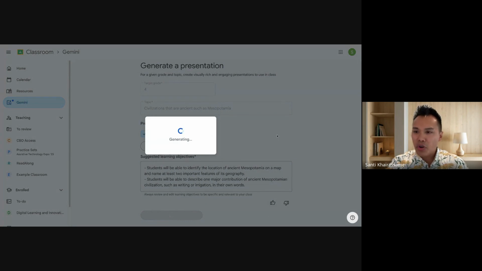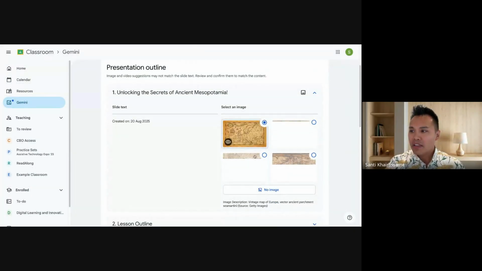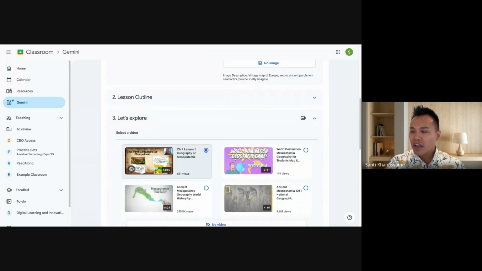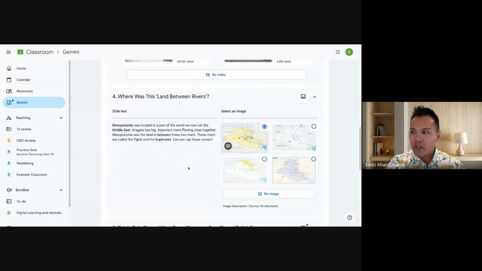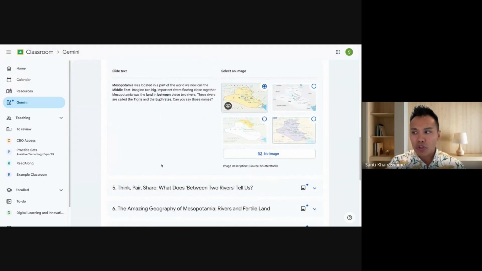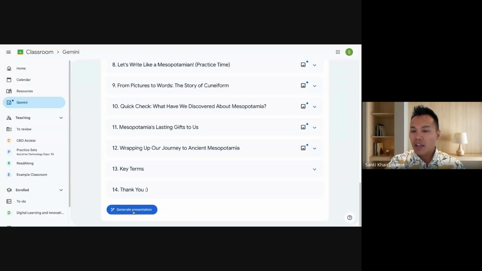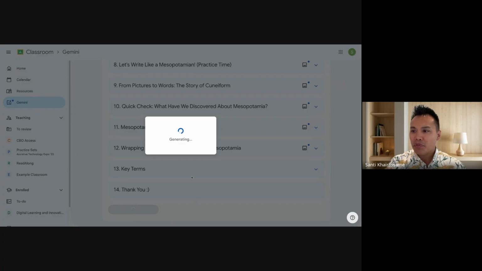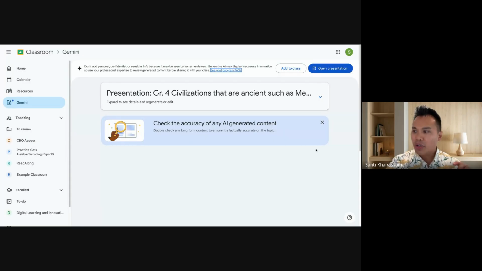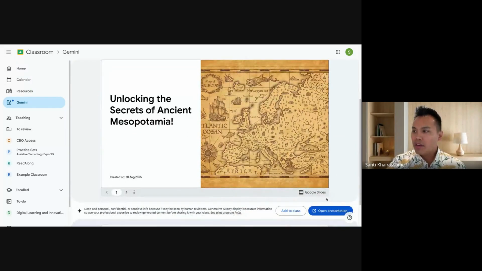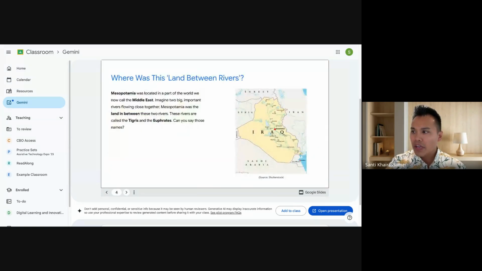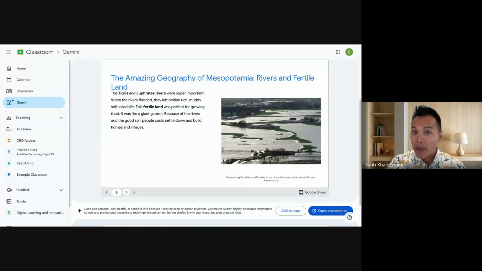All right, now it's going to generate an outline of what the Google Slides presentation is going to look like, with images I can choose from. All right, videos it's suggesting, images that it's pulling from the web. You can choose to modify this however you want. And then it generates the presentation for you, this is wild, man. So you can put any grade level or content in there. There you go. In what, 2 minutes, it created this unique template that I can use, that I can share with my students.